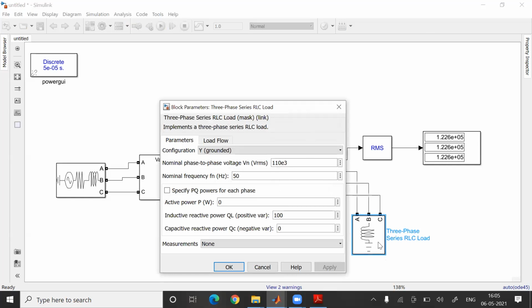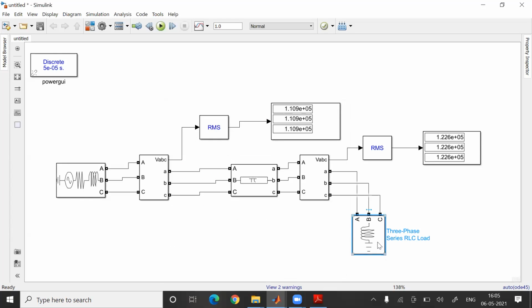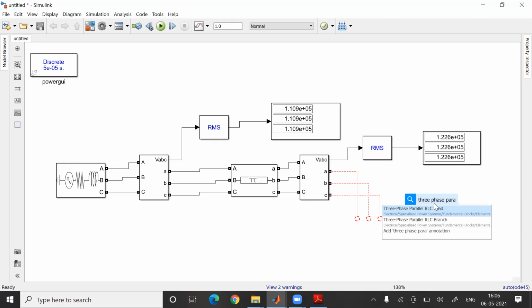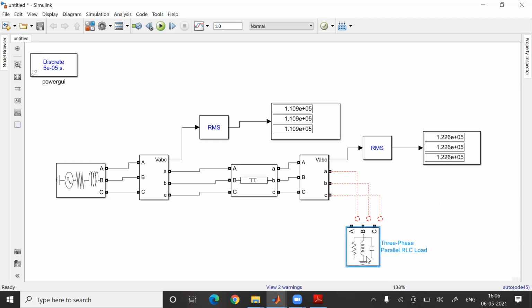What I have taken is an RLC load, 110 kilowatt, 50 hertz. We have taken series. Okay, fine. Let's change it to parallel. Parallel load.